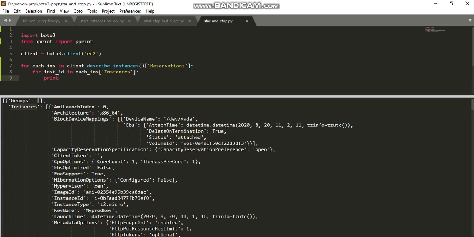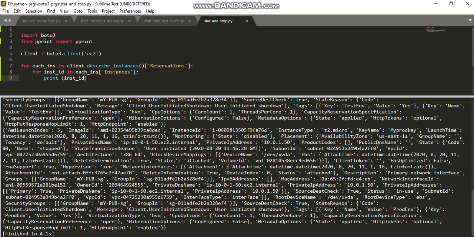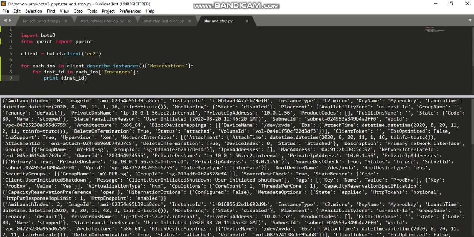Now, the instance ID. Now see the output. This will also return one dictionary for each and every instance. Somewhere I can see the instance in the dictionary.